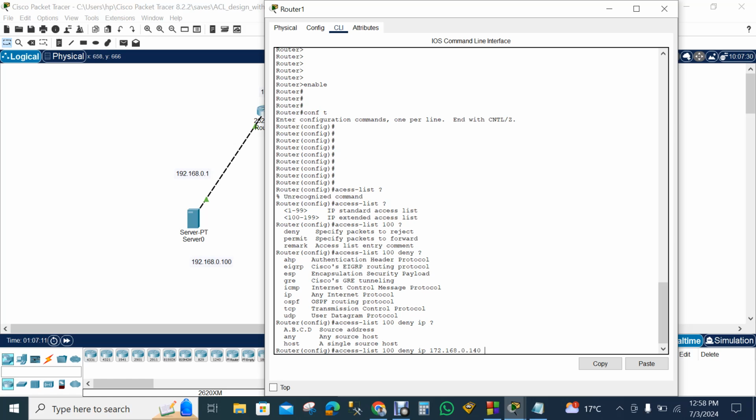172.168.0.140. This is a big class, so I have to write the subnet mask here: 255.255.0.0. Now I have to write in here my blocked server. The server IP here is